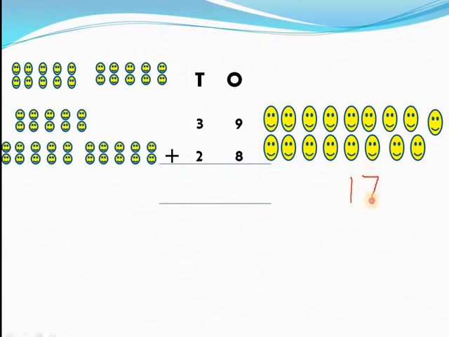1 and 7. As it's a double digit, this is ones place, which is 7. We have 7 in ones place and this one is in tens place. So we need to arrange these 17 balls. I need to make a group of 10 here. So I'm going to make one group of 10 from here.